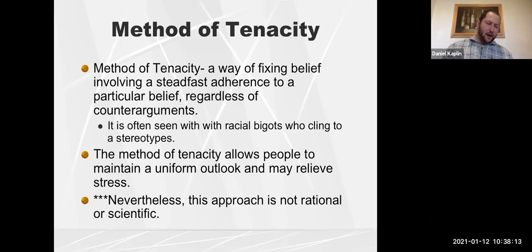So the grandparent or the parent might still adhere to their beliefs regardless of anything you have to say, and vice versa. So the method of tenacity is that we accept our belief unquestionably and reject any counter evidence. The problem with the method of tenacity is that it's not rational, and it certainly isn't scientific. So if you are set in your belief and nothing a person can say or do can change your belief,